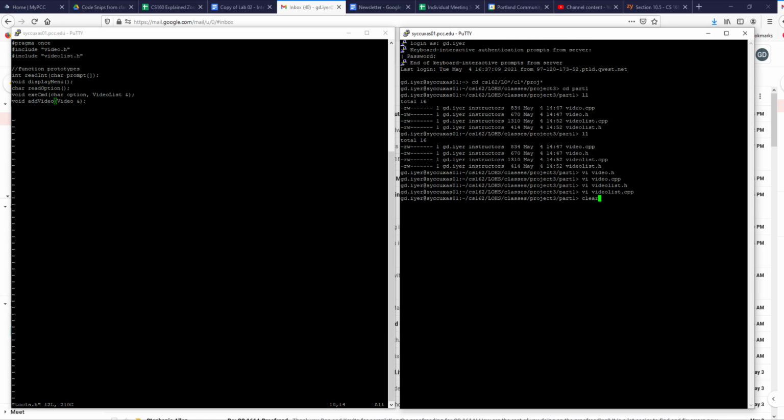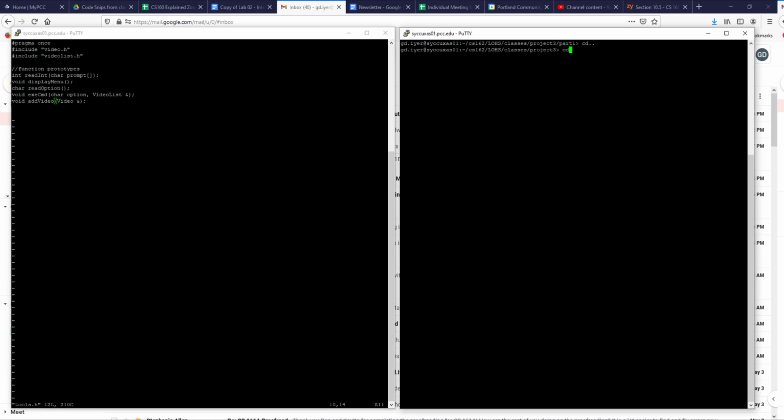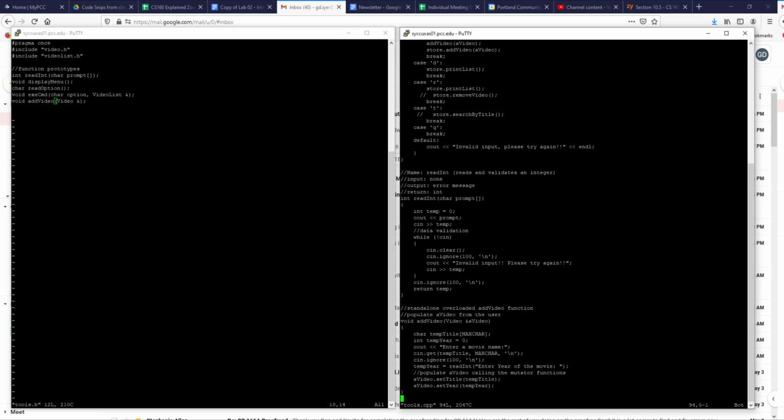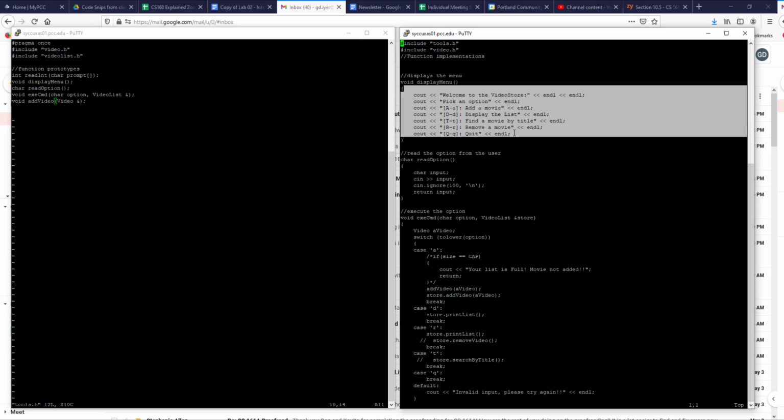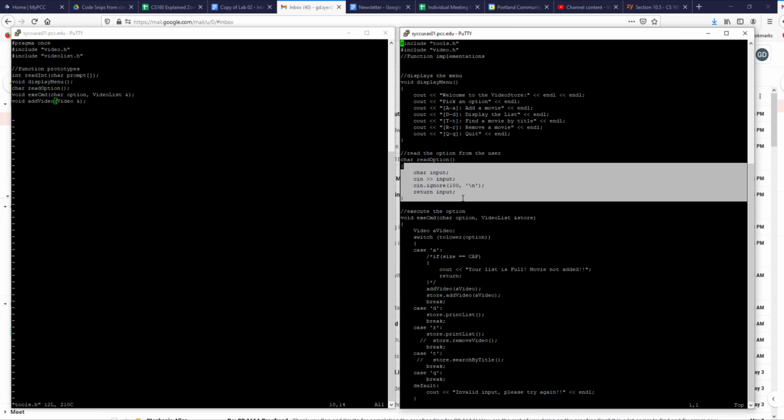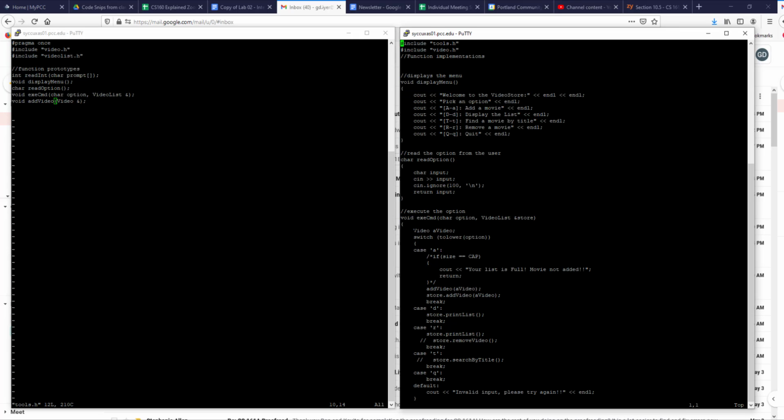Okay, so let me go to part 2 and open tools.h here, so then it's easier for us to look at both the implementation on the right side, the prototype on the left side. So all of these function prototypes, tools.h, tools.cpp on the right side. I've included tools.h and video.h here. Okay, function implementation starts with display menu. You have this from before, you should just copy it and paste it. You have this from before, you should just use it. Execute command, you have this also from before.